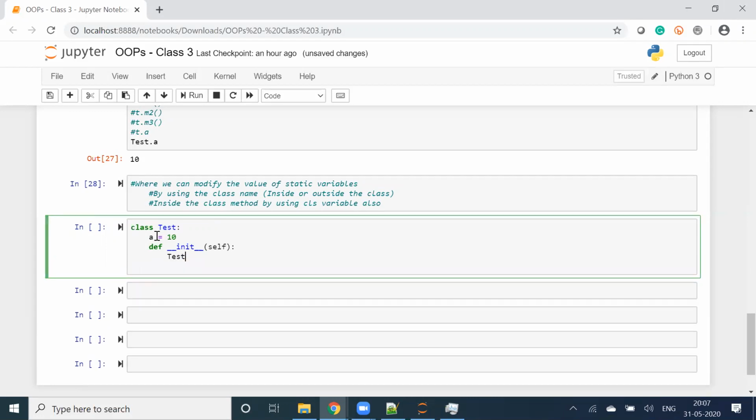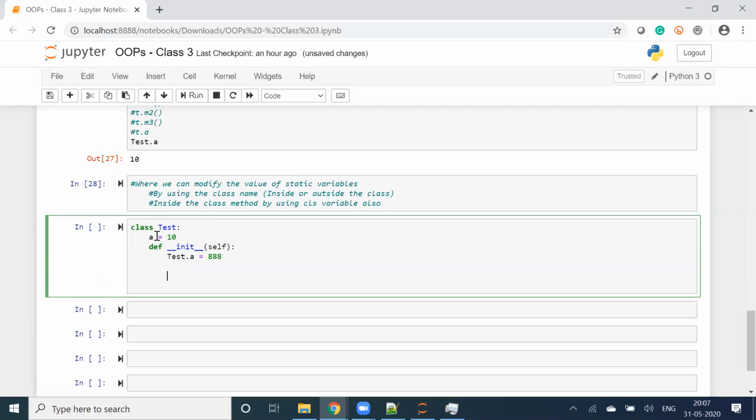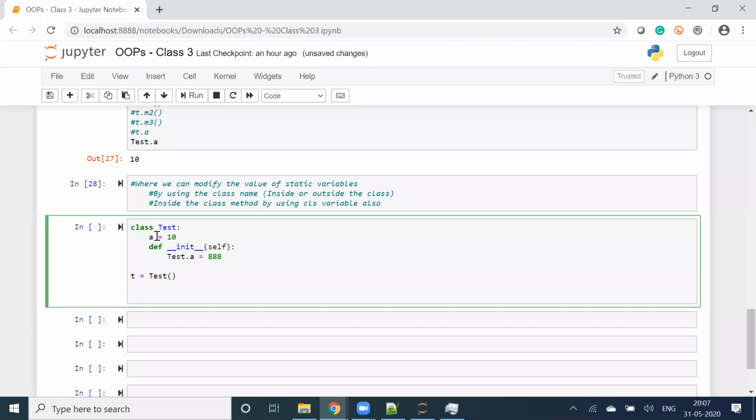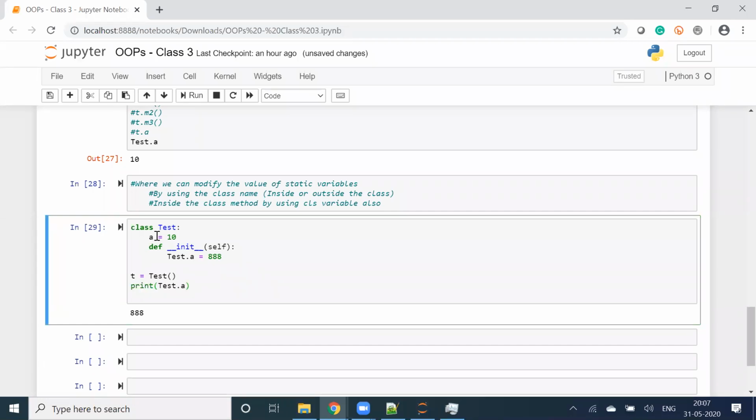So by using the class name I can update. Okay, let's do only this part till now. t is equal to Test and print Test.a. Expected. Initially, I created a equal to 10, then I updated it to 888. That is what I'm getting here.